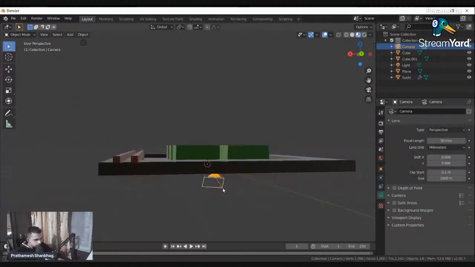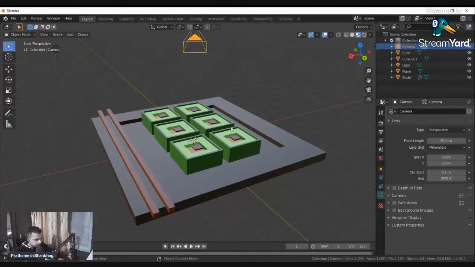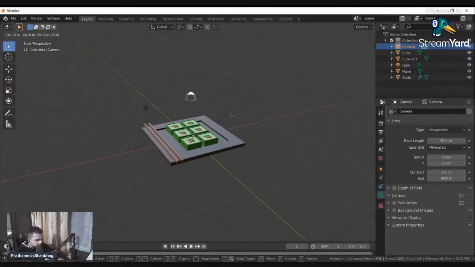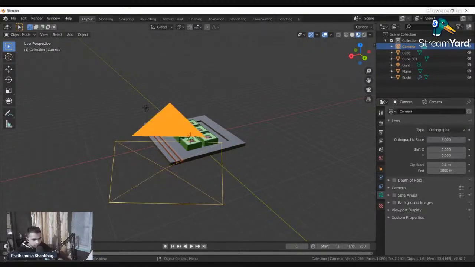Press G, press Z, you can move the camera up. Now press G and Y to move it behind, and press G and X to move it here. And the camera is now currently viewing the sushi. What we want to do is change the camera from perspective to orthographic.